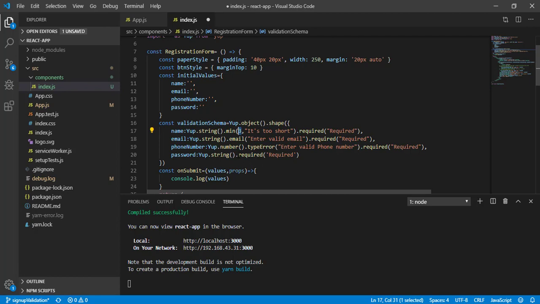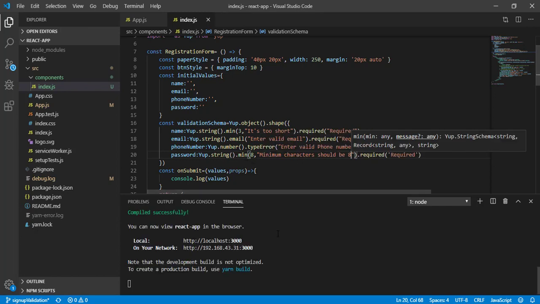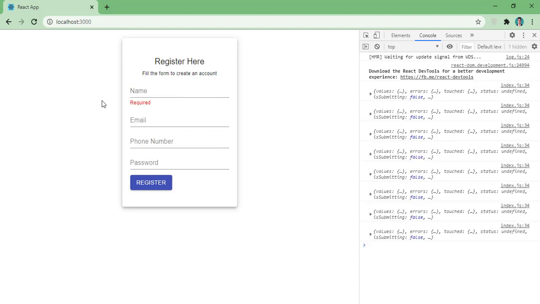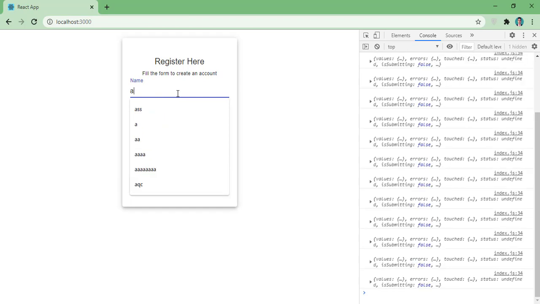Okay, and for password here I will write this minimum as 8. And the text I want to show is minimum character should be 8. Now let's save it and come here. So you can see I got this error here, required, and let me start typing something.